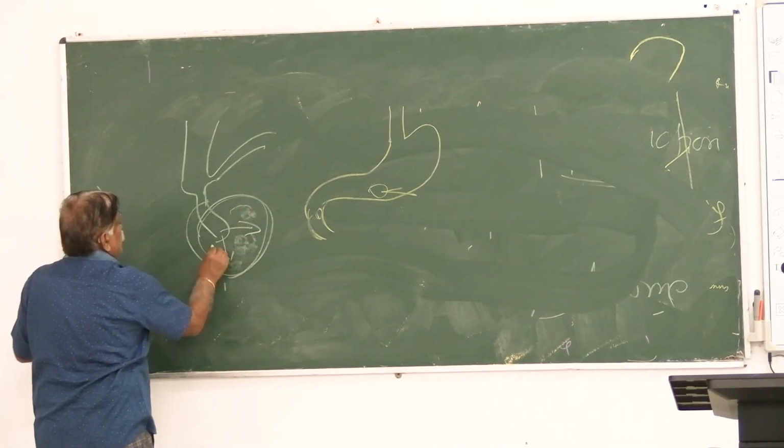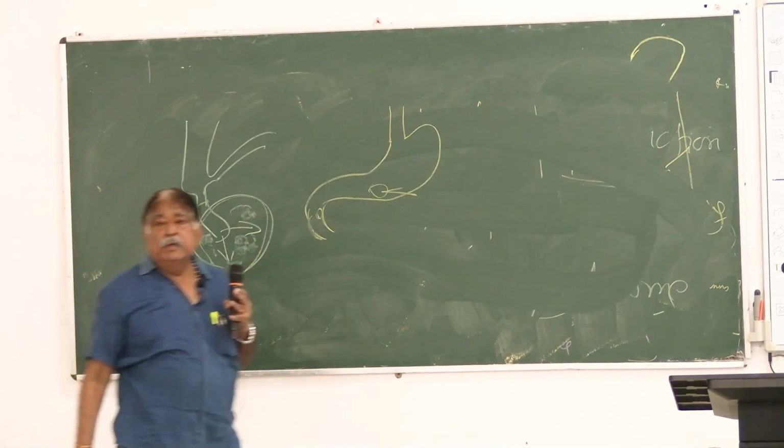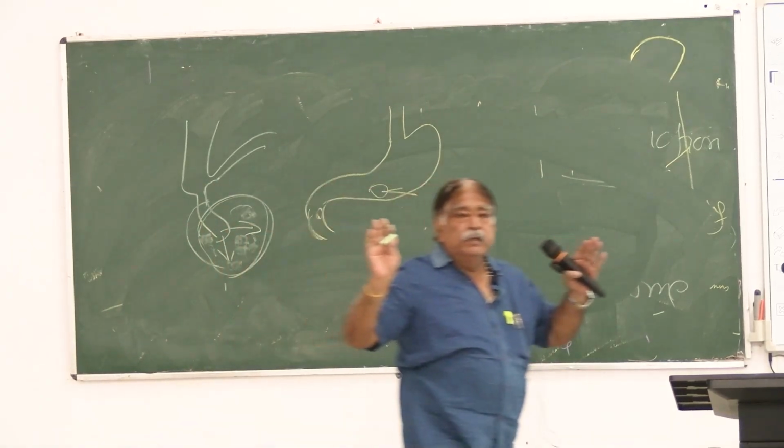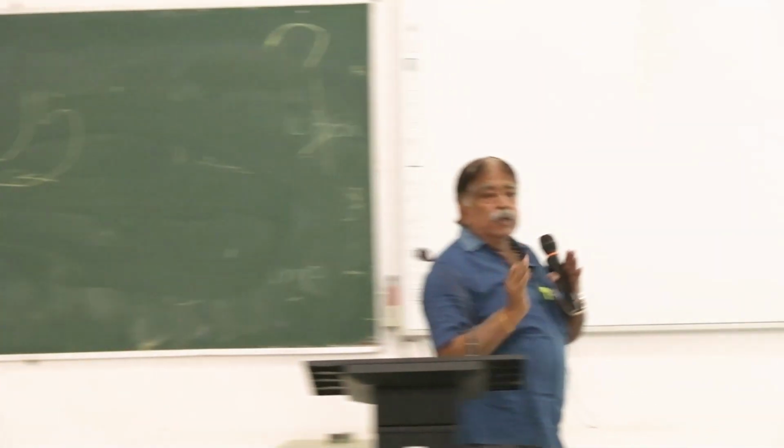The USG report will give you this picture. Just leave it alone and you manage the medical management of the surgical patient. This is the word you must keep in mind, medical management of the surgical patient. You manage with medicines and proper